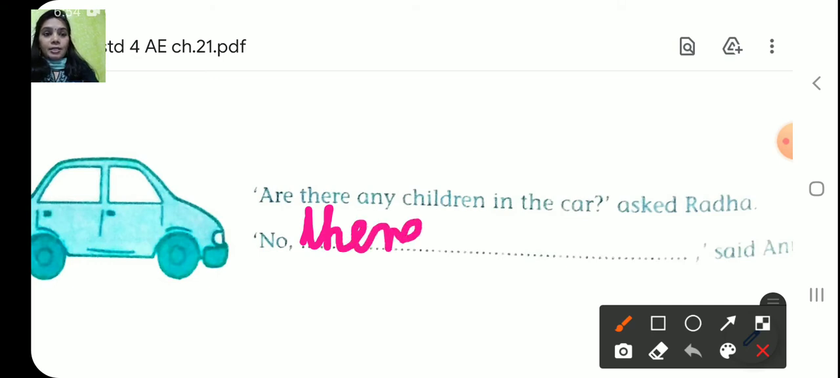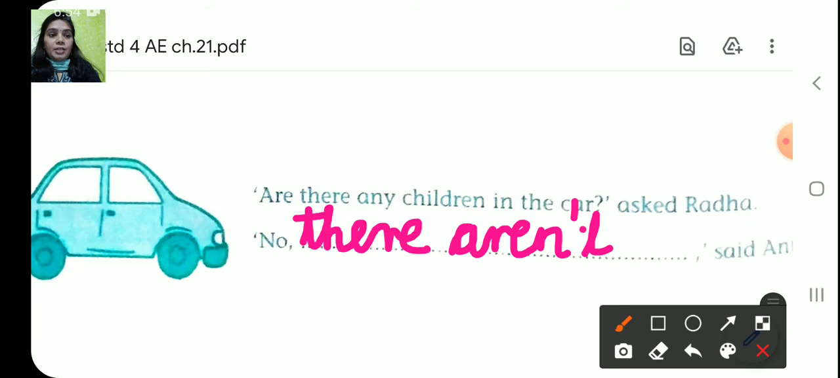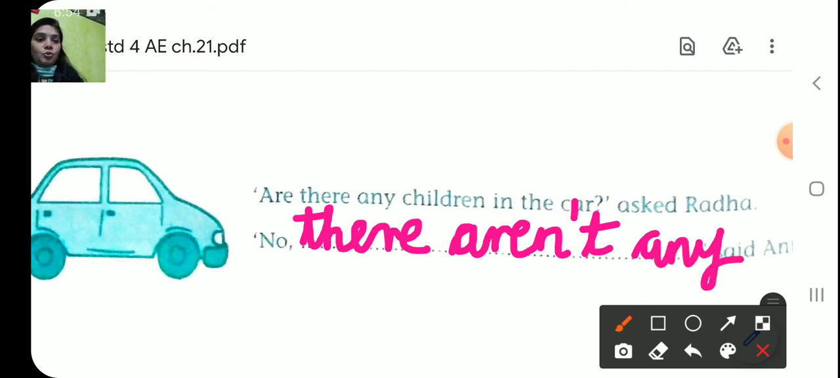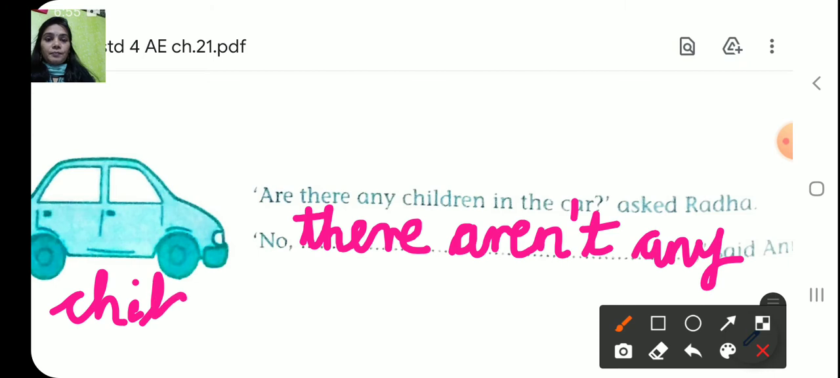T-H-E-R-E. No. There aren't. A-R-E-N apostrophe T. No, there aren't. So any children in the car. So I don't have space, I'm writing down. So you can write in a small handwriting. So no, there aren't any children